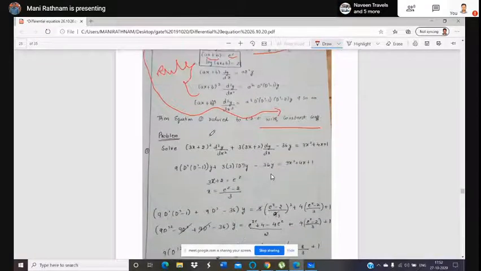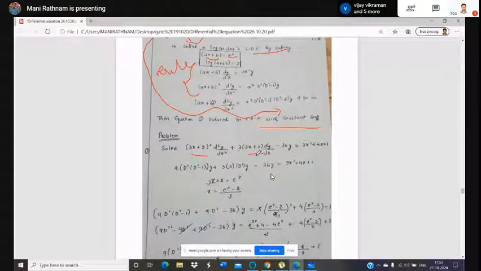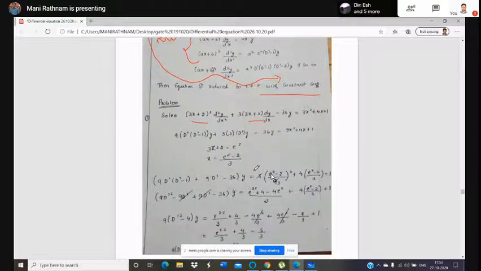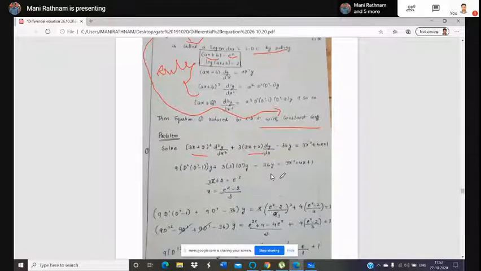Now see the problem number 1. In the previous sum, you see that only x is the coefficient, and here you see the difference is 3x plus 2, 3x plus 2. Like that here is 3x plus 2 whole square. It's a coefficient, right? And here, 3x square plus 4x plus 1. And here you see that with the help of these substitutions, 3x plus 2 dy by dx means a value is 3, so 3 into d dash of y.